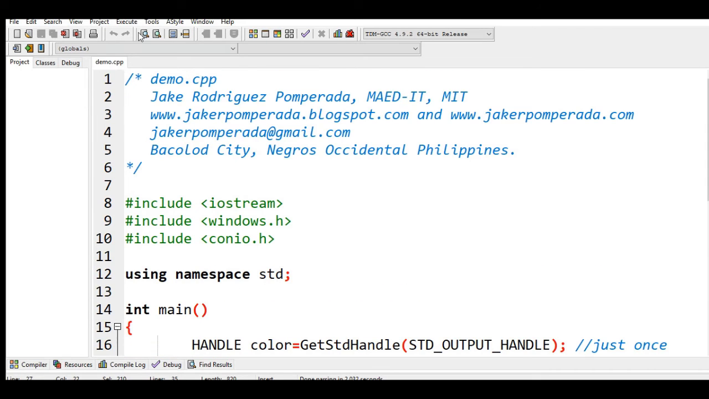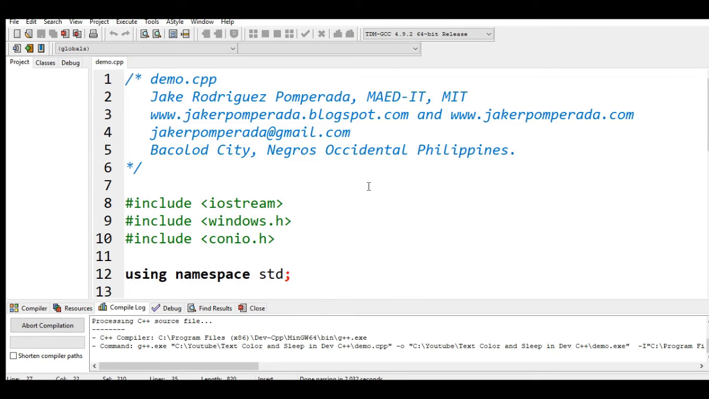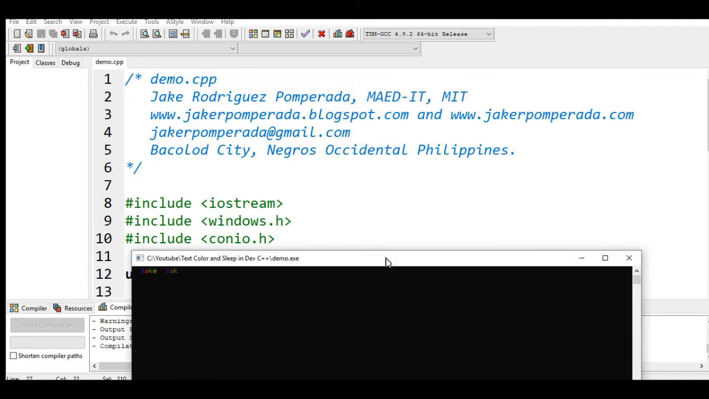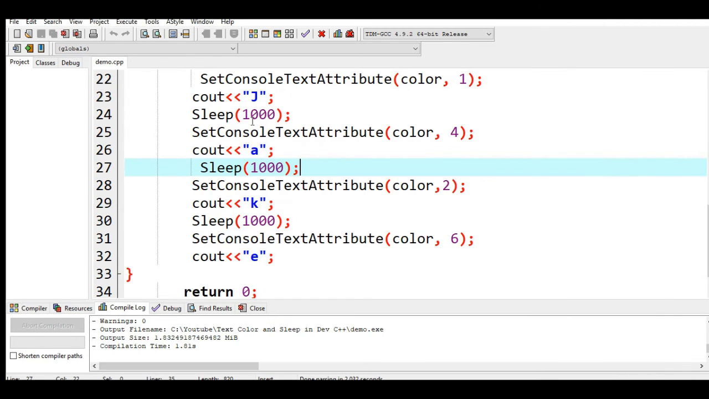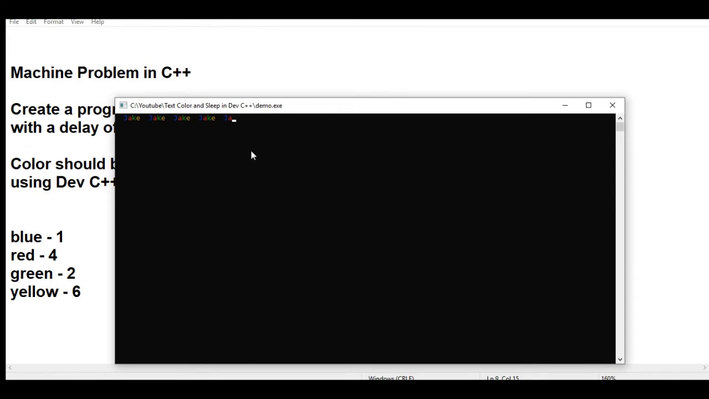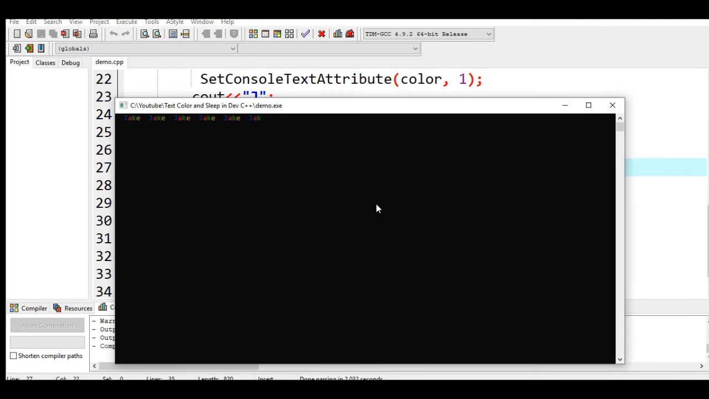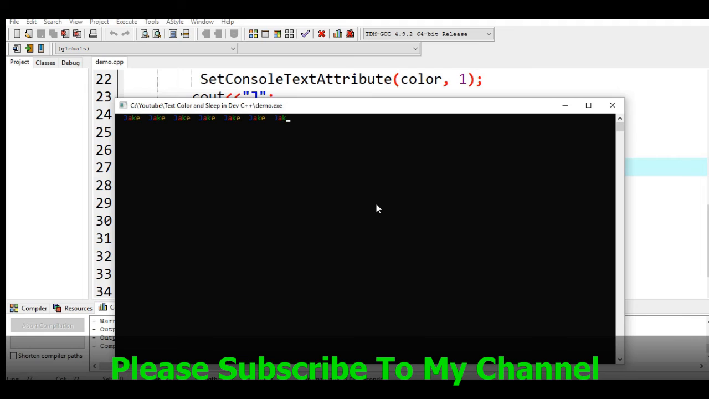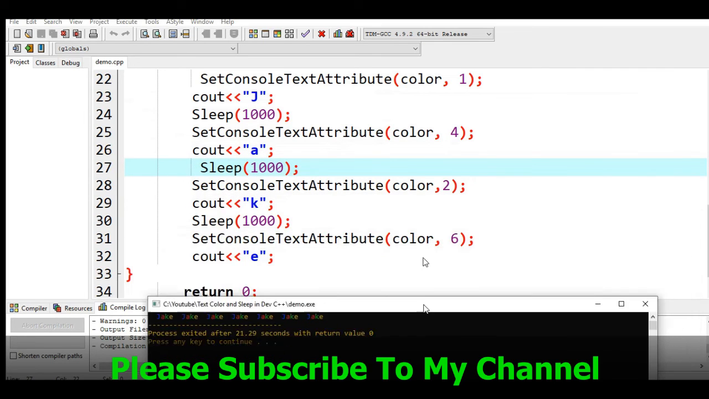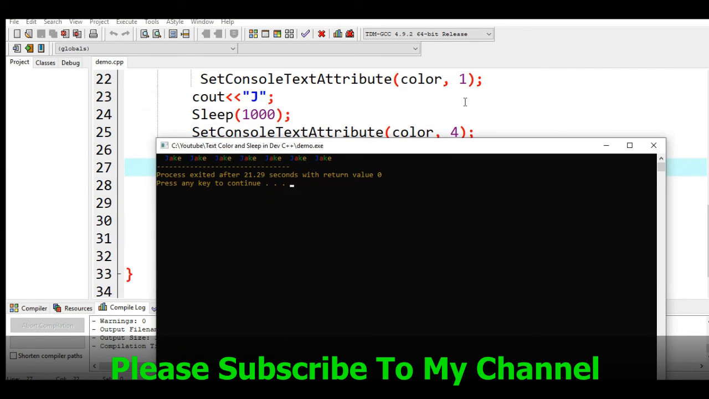Okay, so let us execute the program, compile and run. For 1 second, the equivalent in our sleep is 1000. So it will continue execution of the program, and when we press the enter key, any key here, it will stop. Okay, so it stopped. So this is the end of our tutorial video on text color and the sleep command in